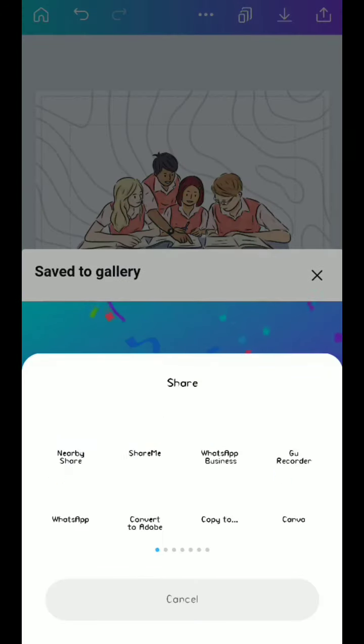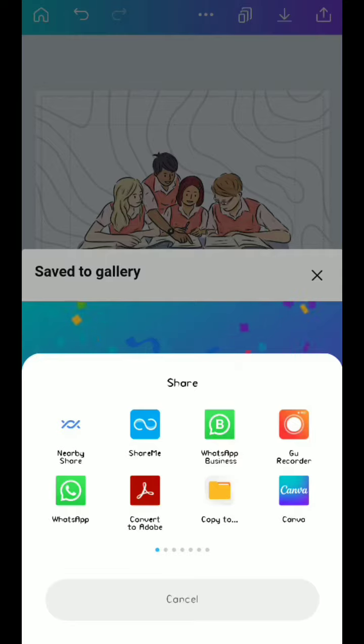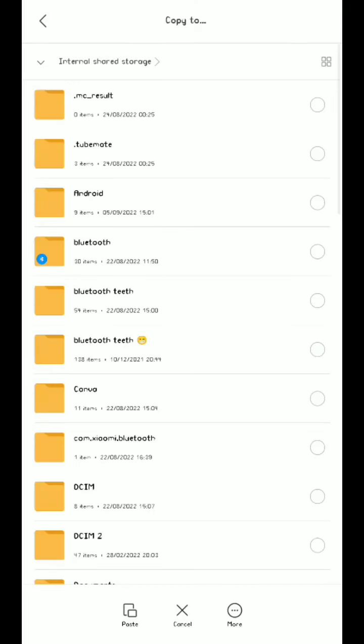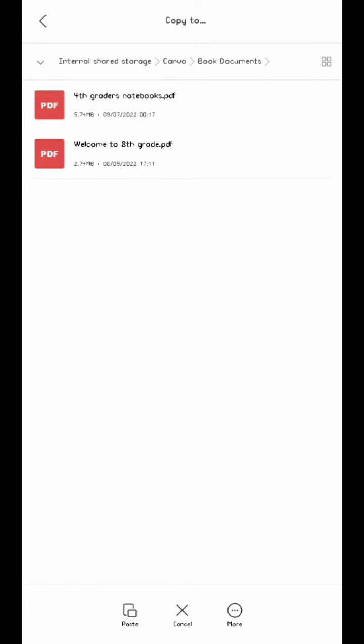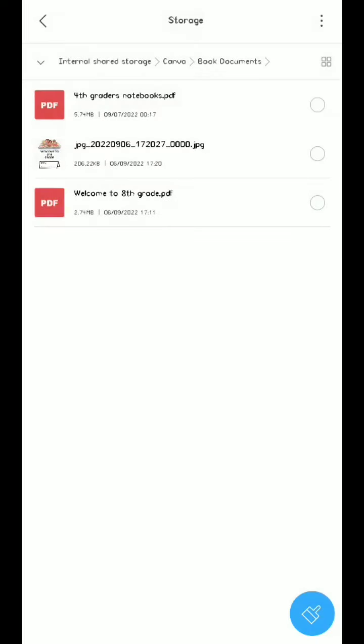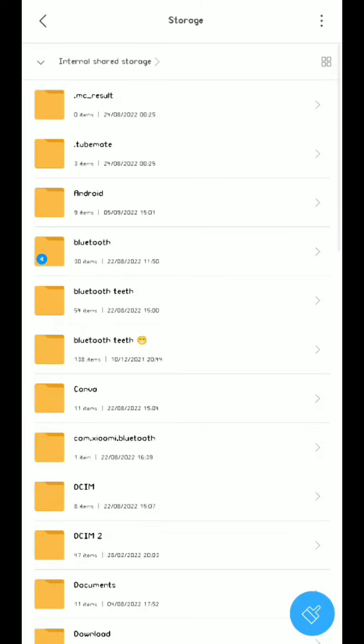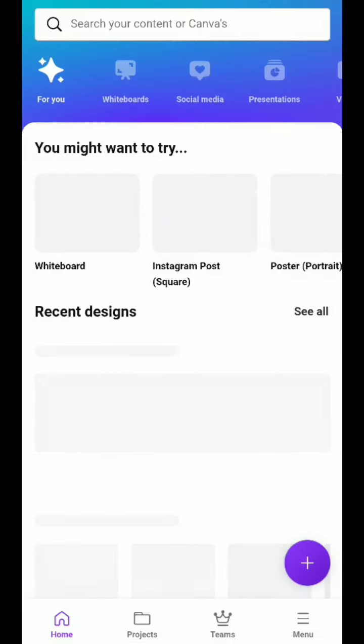Wait for it. Okay. So now let's save it to the file manager. Canva book document. I just want to save it where I will see everything. So we have this. Okay, I have it there, JPG, so I'll easily recognize it. So now after you do that, the next thing for us to do is to get the exact size of